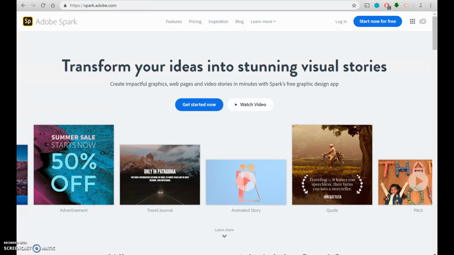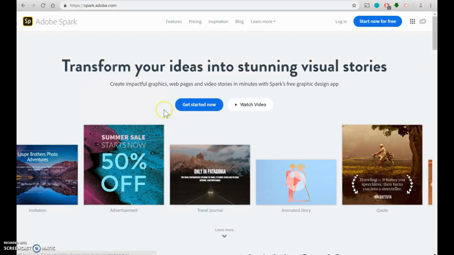This is a tutorial on how to use Adobe Spark. It will be useful for when you're making your production journal, and it's also useful as a video editing tool as well. So firstly, we're going to have a look at how you use it to create an online